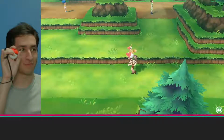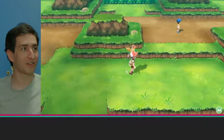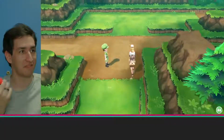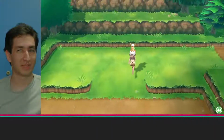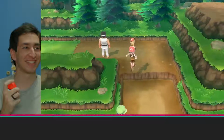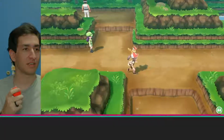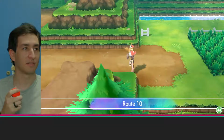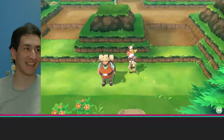Also, make this work with the next Pokemon game. It'll probably be harder to do because you would need more buttons for a mainline Pokemon game than this game. But find a way. I want to keep using this thing. It's silly. Alright, so I went down that one. I have not gone down that one. That's Route 10. Okay, that just leads... God damn it, that just leads...